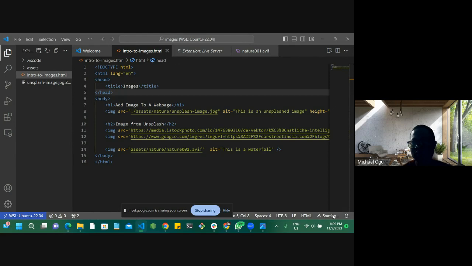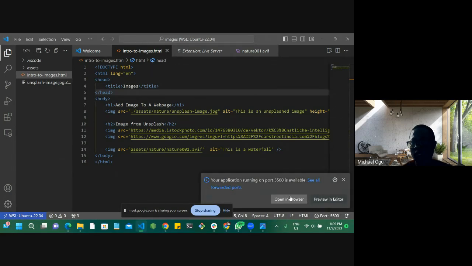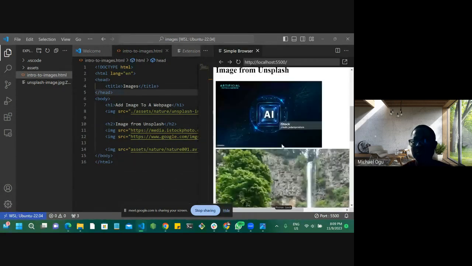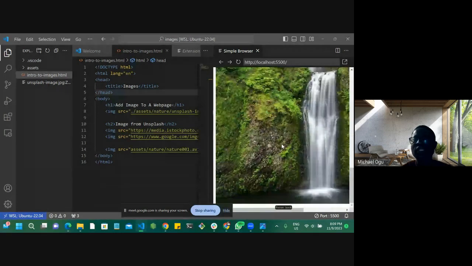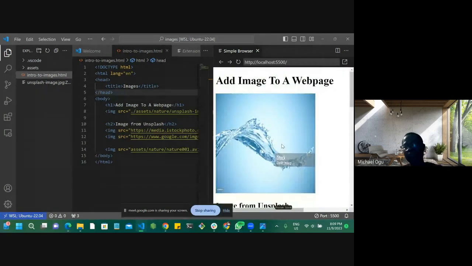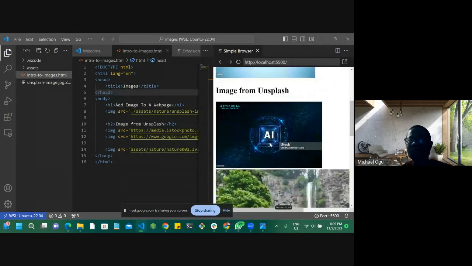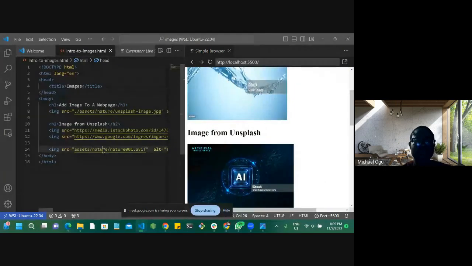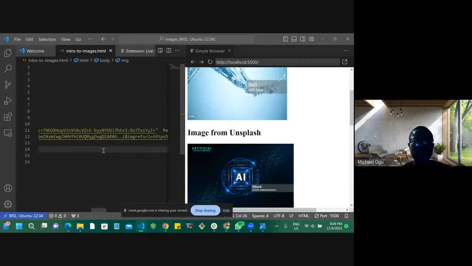Go again. Okay, this one now. It's a new feature, so you can preview it in the editor. Okay, and then select. It's still fantastic. It's very similar to the other one. So you can have both of them and play around with them. The good thing about them is that once you make changes to your code,